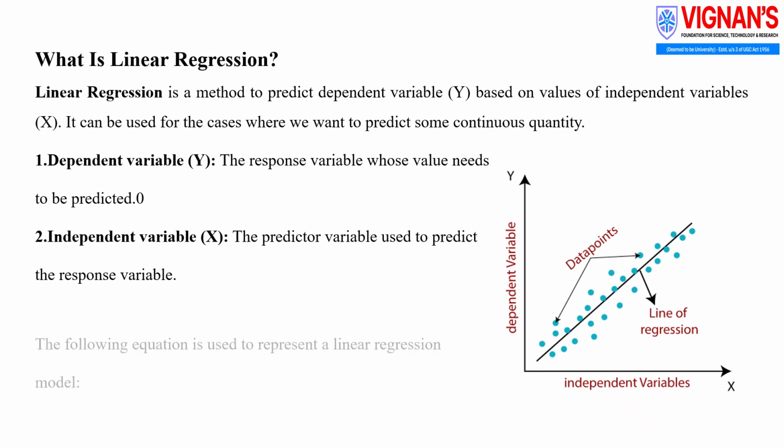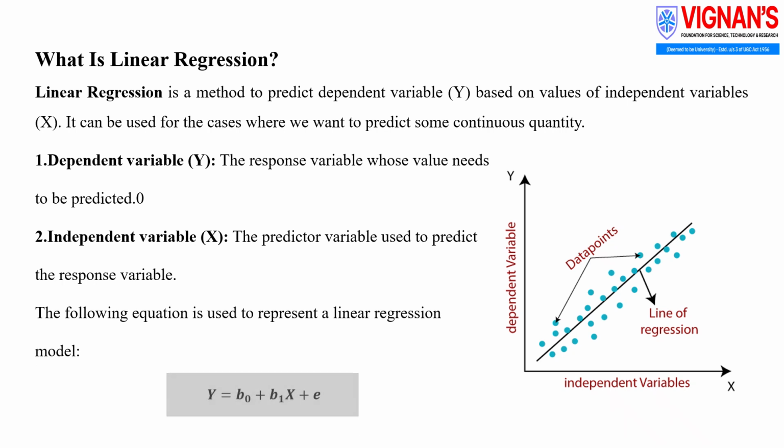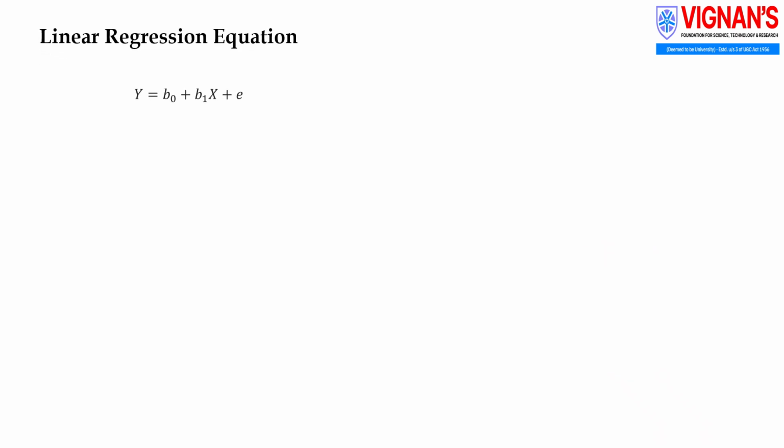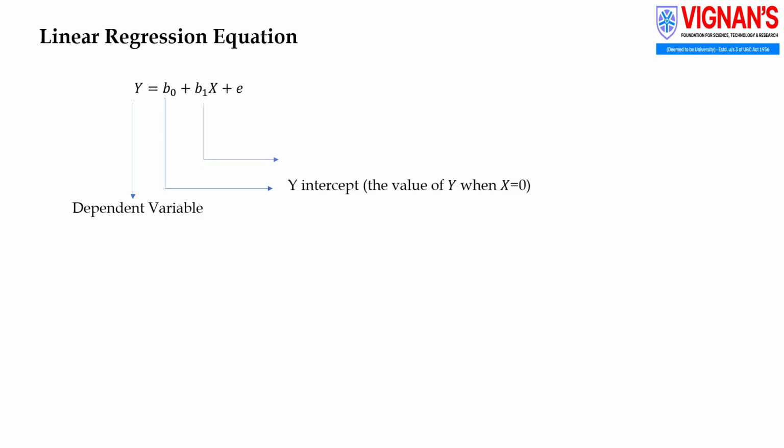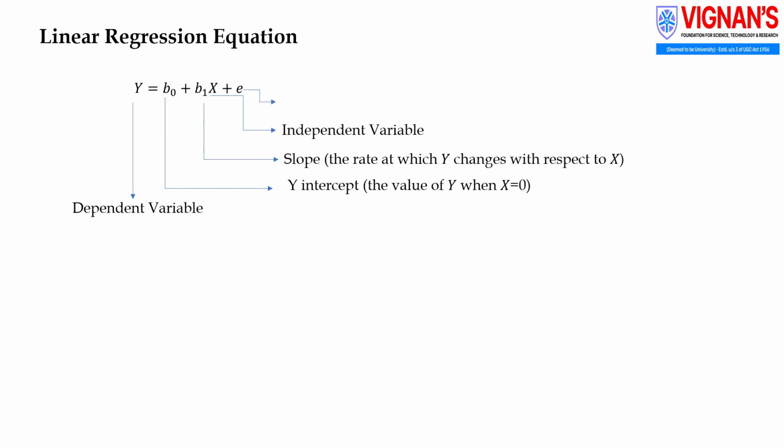The mathematical model is expressed as the sum of intercept b0, slope of the line b1 times x, and error term equals the predicted y. Linear regression equation. The linear regression equation describes how a dependent variable changes with respect to an independent variable. It is written with y as the dependent variable that we want to predict, the term b0 represents the y-intercept, the coefficient b1 is the slope of the line, and x is the independent input variable. The term e represents the error, which captures the difference between the actual data points and the predicted values.